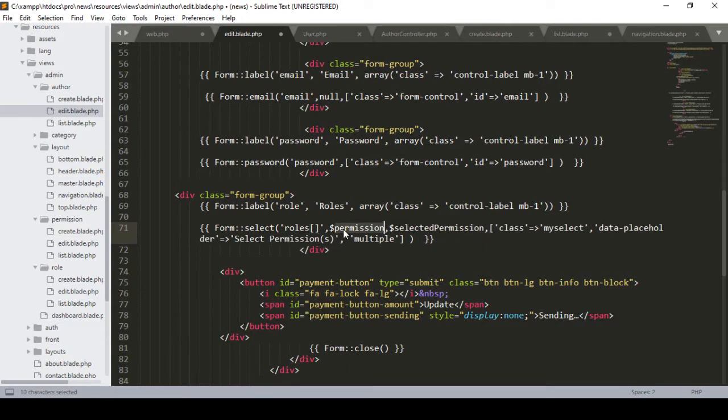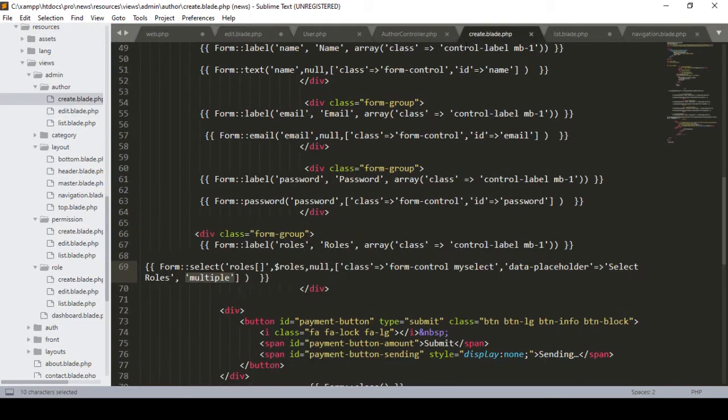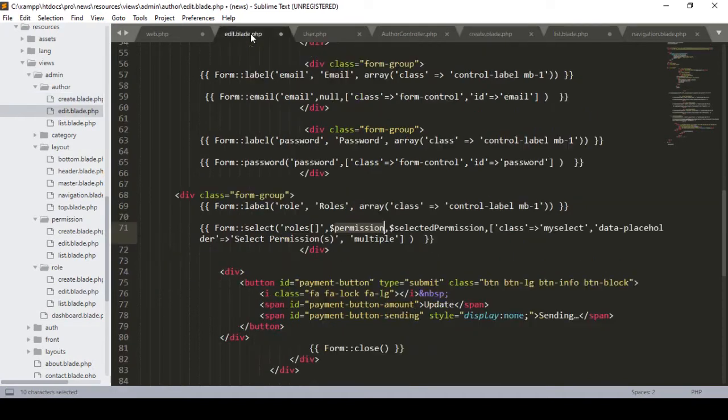And here there is a permission. So in our create page here you can see I defined the same things. Like there is a select rules and the rules, and then there is a class. Okay, so it's pretty much the same thing. So now I just want to load all the rules. So here I just define those rules, and then we have to also make the things